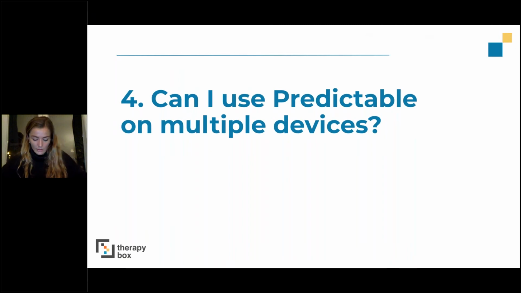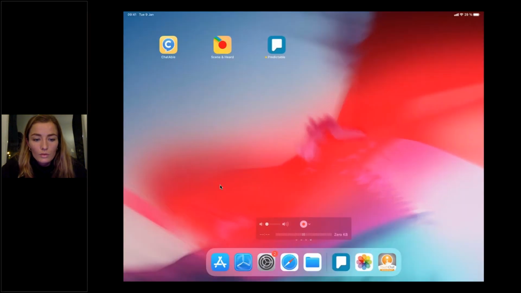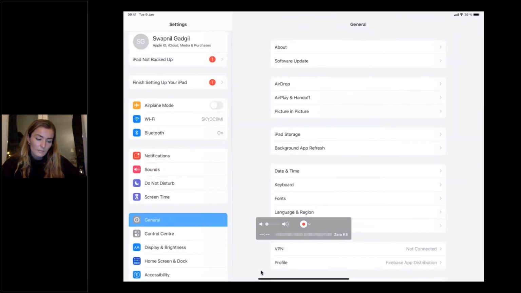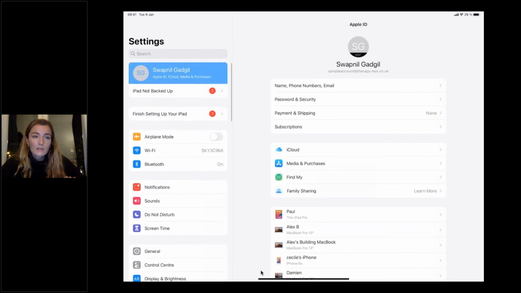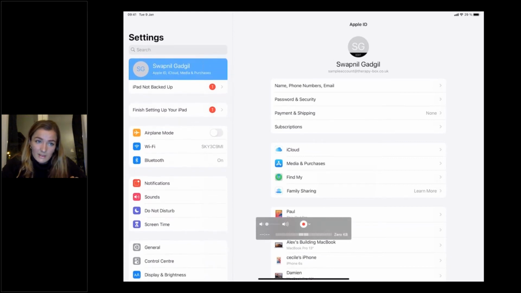Okay, so let me show you how to connect your secondary device to the same Apple ID, so that you don't have to purchase Predictable twice. You need to go to the iPad or iPhone settings, right here. And then you just need to go to your Apple ID, that's the name and surname here.